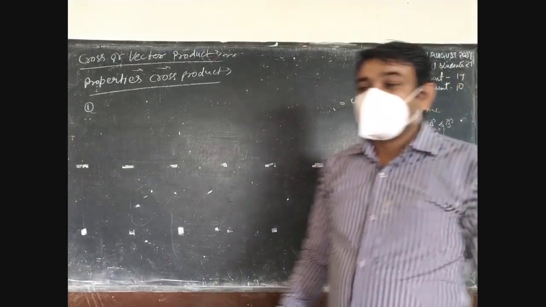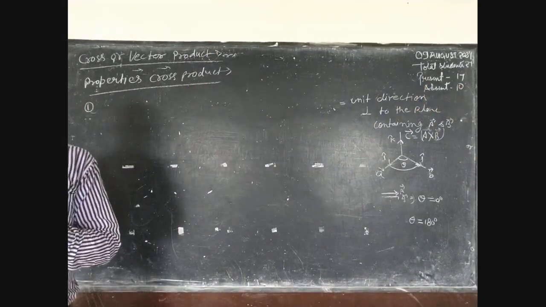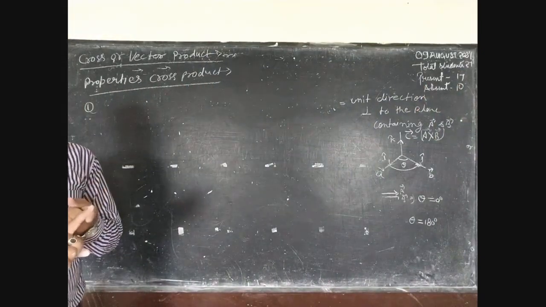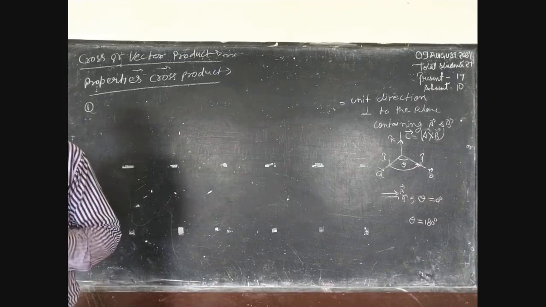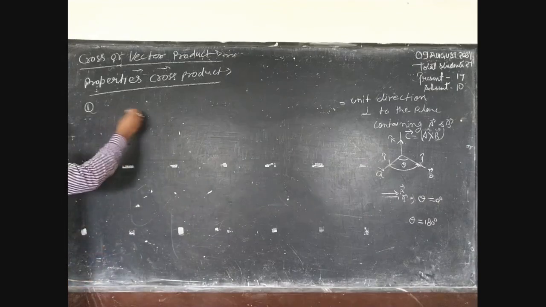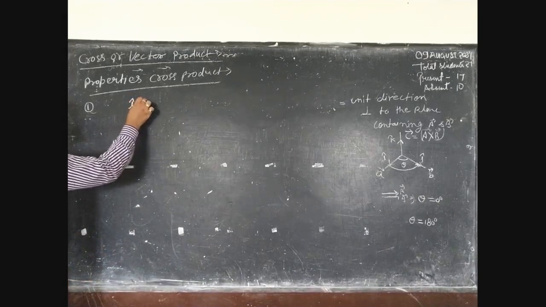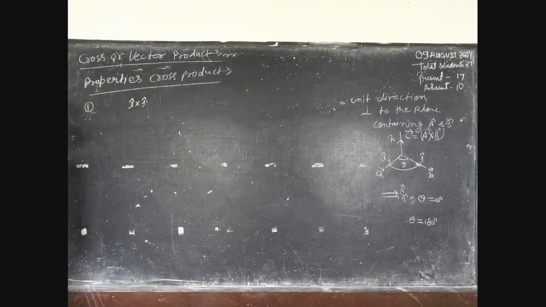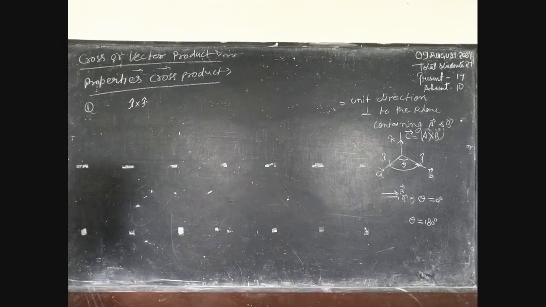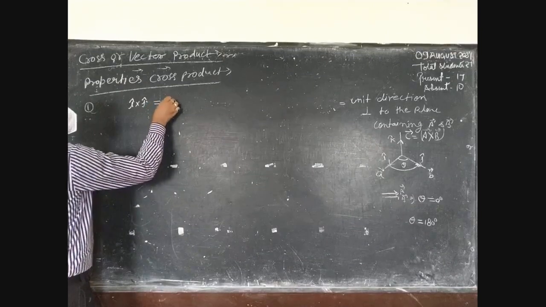Which means if the two vectors act along the x-axis and y-axis, the third vector is always acting in the direction of the z-axis. Okay, therefore here we get i cap cross j cap equal to k cap,